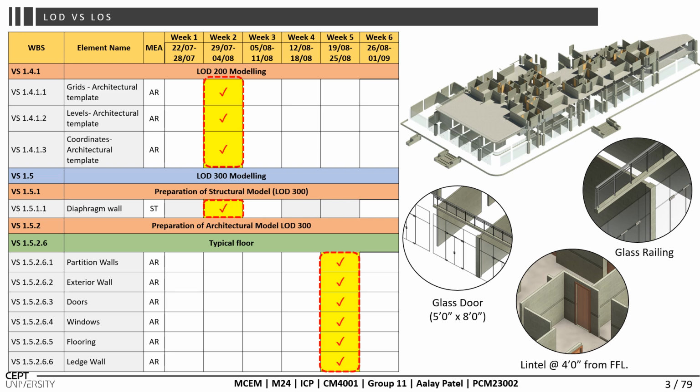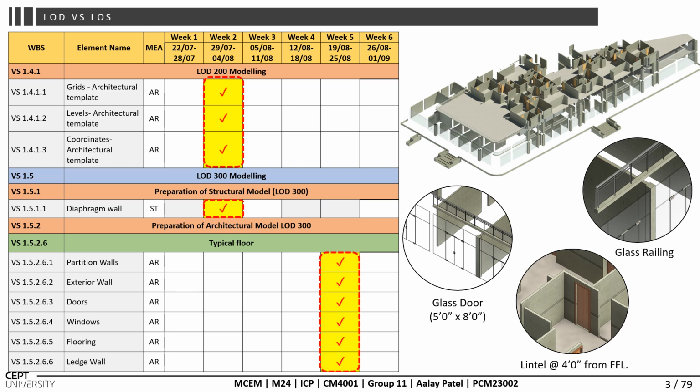The activity table covered 6 weeks of the project, providing a clear breakdown of scheduled tasks and their respective authors. For instance, during week 2, the key activities include preparing grid labels and coordinates with architecture templates, ensuring the integration of these elements into the model, assigning the author as architecture, as the responsible authority for these activities is architecture only,